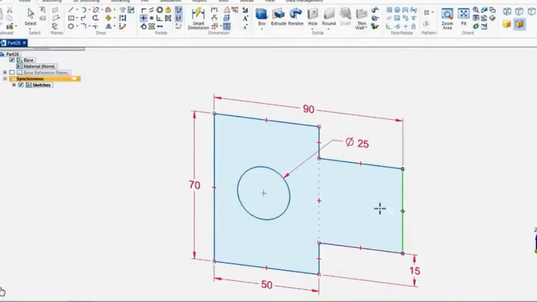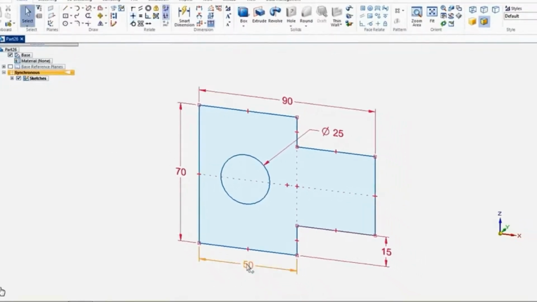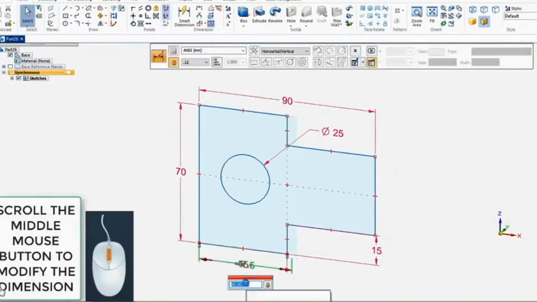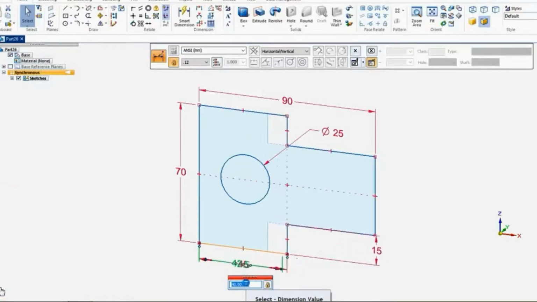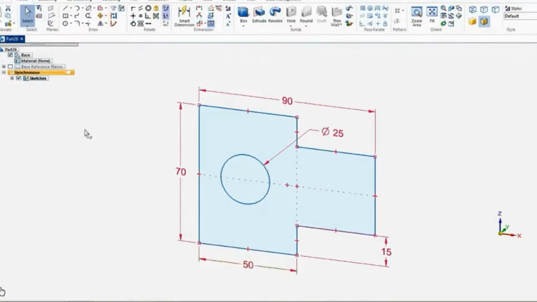Also, I'd like this to be centered. I want this line to stay centered, so I'll click on that midpoint and click on that midpoint, and now that's centered. So if I go back and now if I touch on 50, see how that maintains that relationship? But I've got a problem here where the circle doesn't seem to be staying in the center. So I'll just hit undo to go back to 50 there, and I'd like the circle to stay in the center, and to do that I'd like to go and get the center of the circle, but I'm not seeing